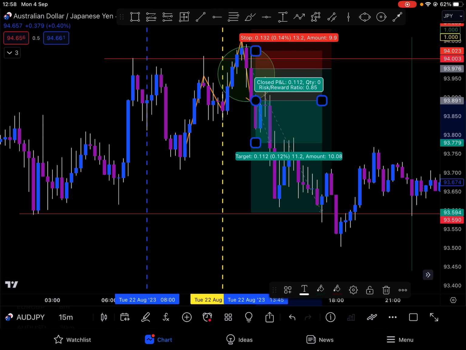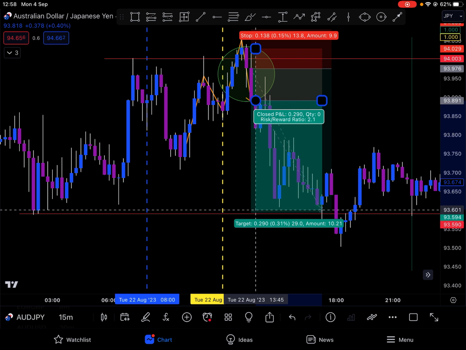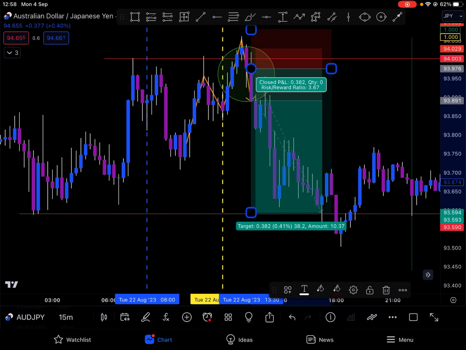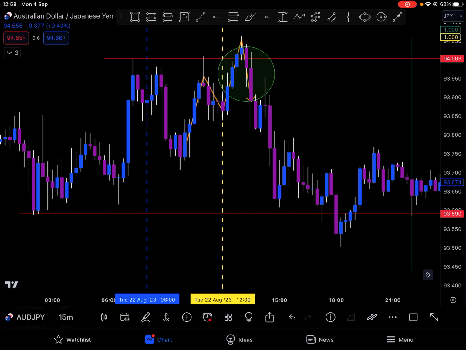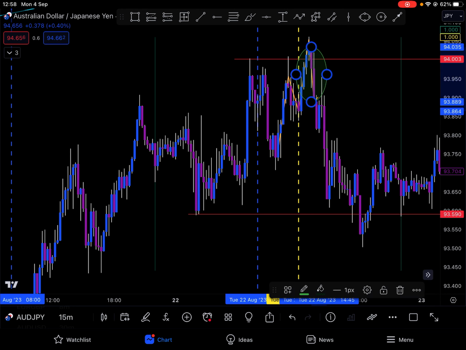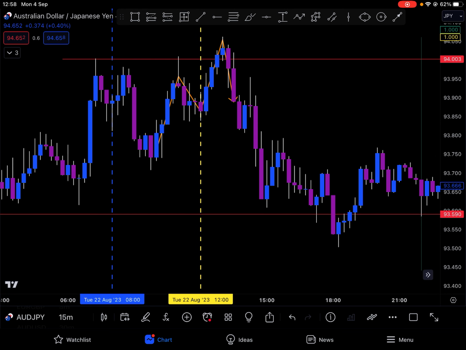Stop loss right above that candle, that big wick, and targeting Asian lows. Simple as that. And mind me, you're not gonna win all the time. Every trading strategy has losing